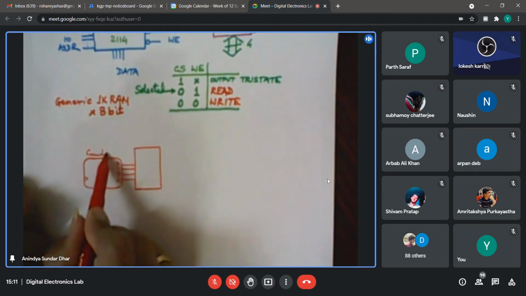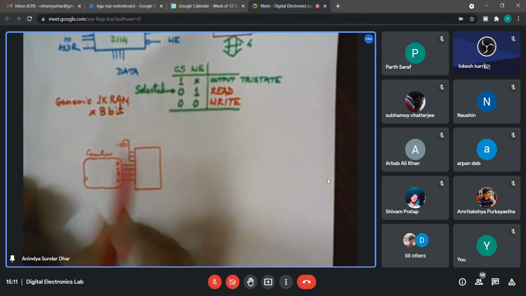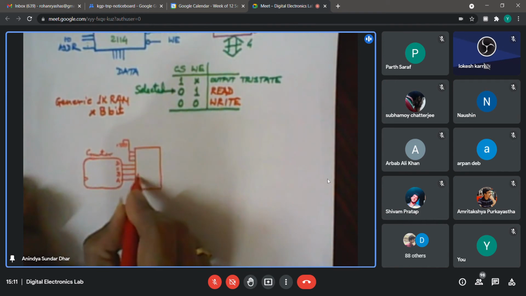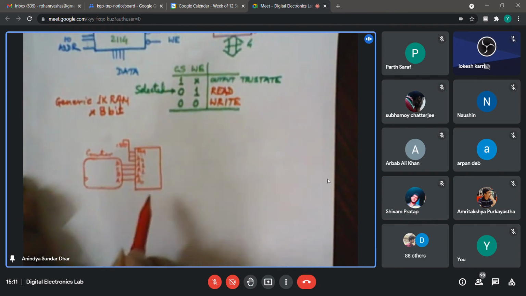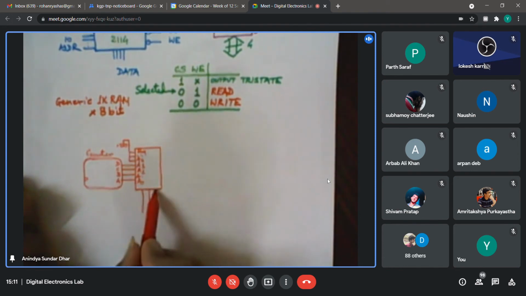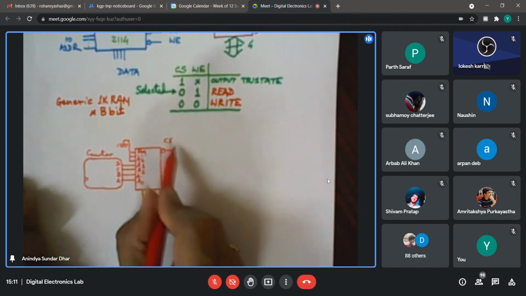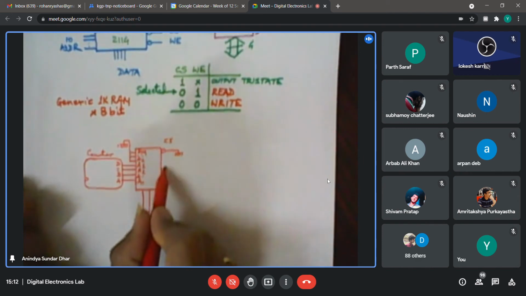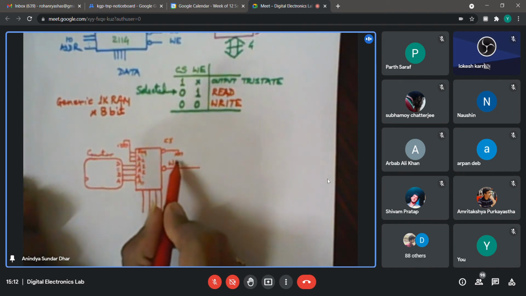So the higher order address bits are all grounded. So this is A0, A1, A2, A3. Higher order bits starting from A4 to A9 are all grounded. And now about this data line, suppose I pick up only 4 lines, IO0, IO1, IO2, IO3, something like that. I am having 2 signals. One is chip select bar, which I am grounding. Now the other one, which is very important for our purpose, is write enable bar.